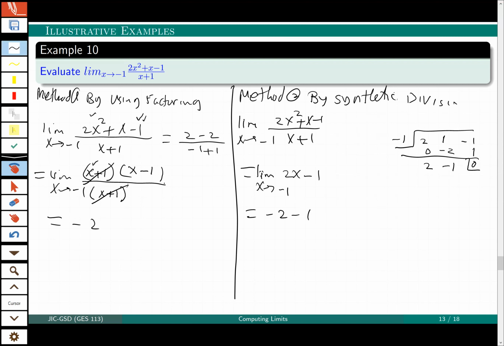Here, this is 2x, not x. So when we say x goes to minus 1 means x plus 1 is a factor. For the second one, we have 2x squared over x, which is 2x. So that will be limit when x goes to minus 1 of 2x minus 1, which is equal to minus 3. So that is now minus 3. Okay. Now,